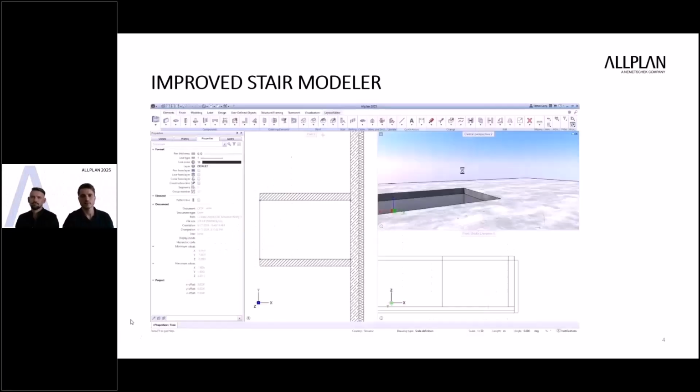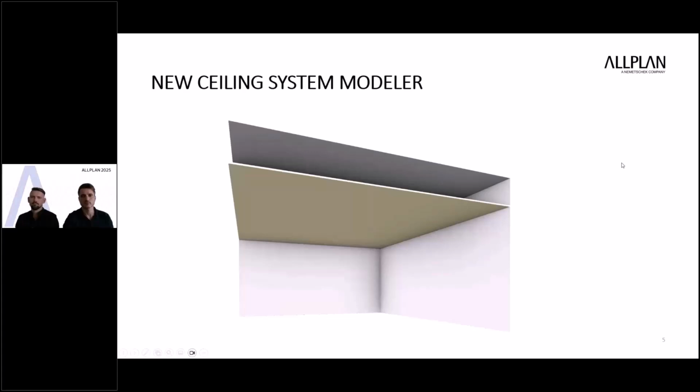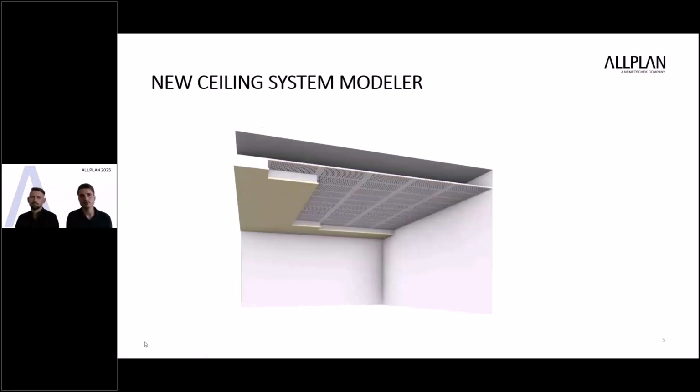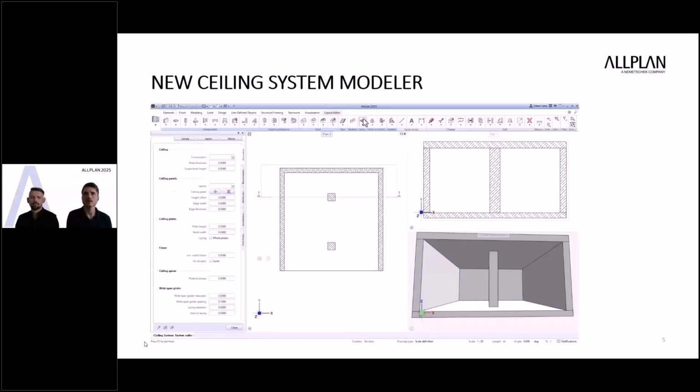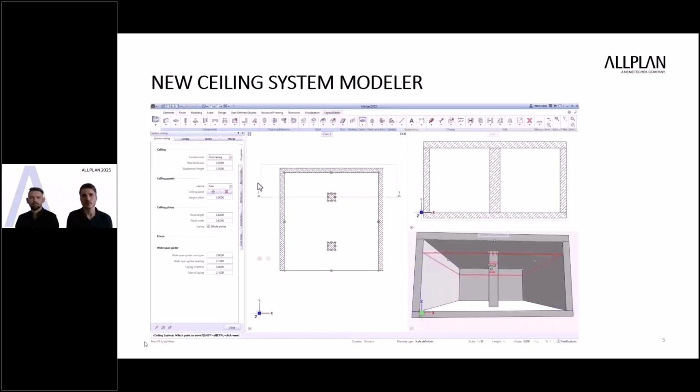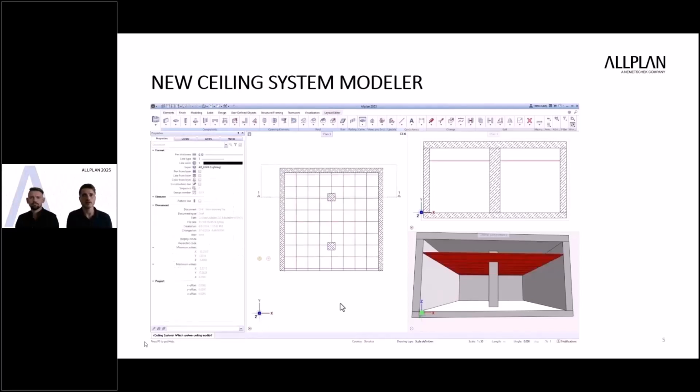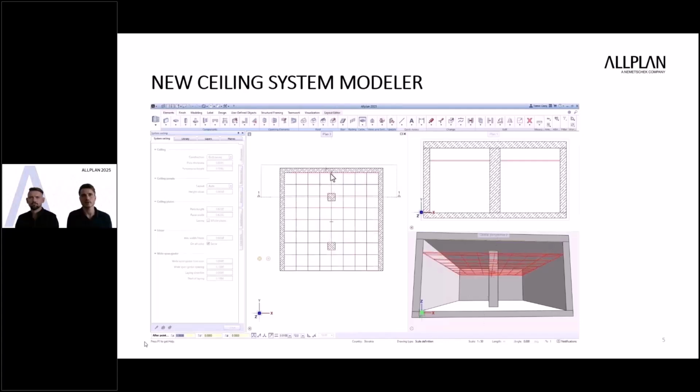And lastly, with this new version, we are introducing an entirely new feature, the ceiling modeler. This function allows users to model all types of ceilings impressively fast. You can create simple plasterboard ceilings with height-offset fields in them, or let your creativity flow with grid ceiling capabilities. Even sloped rooms are no problem.